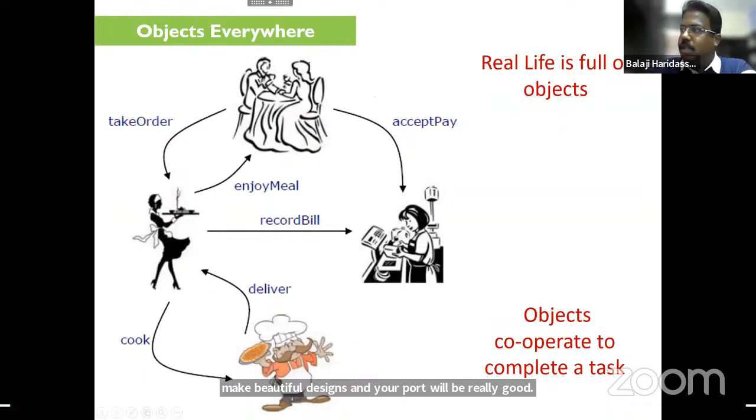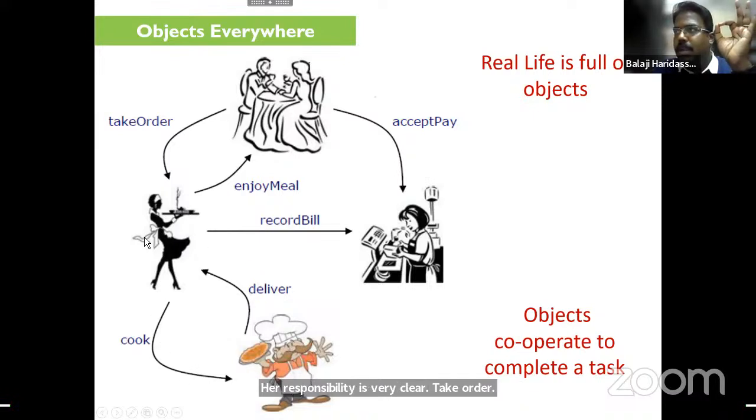Example: I go to a restaurant. You can see everything as objects, right? You can see each one of them as an object, a living object. And this object has her own responsibility. She is supposed to take the order and deliver the order to the cook. She gets the order, she goes. She does not care what these people order and how the cook really cooks it. Her responsibility is very clear: take the order, deliver the order, get the order from the cook and give it. That's all our responsibility.